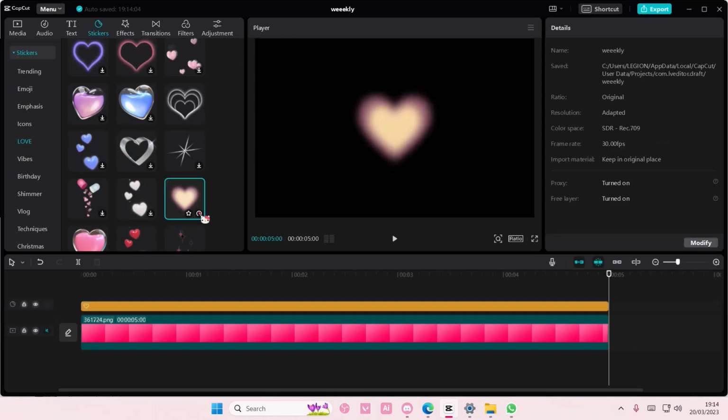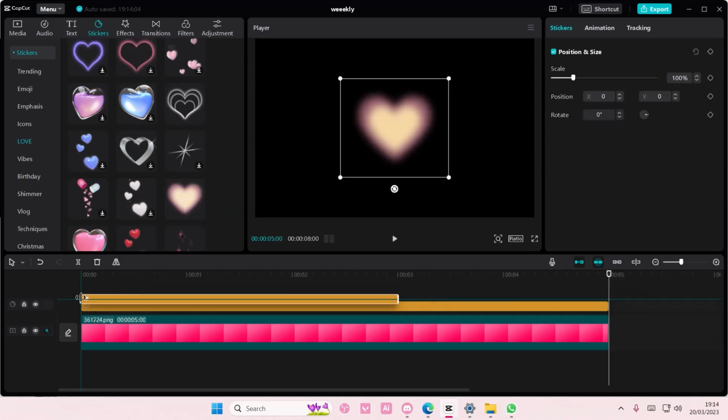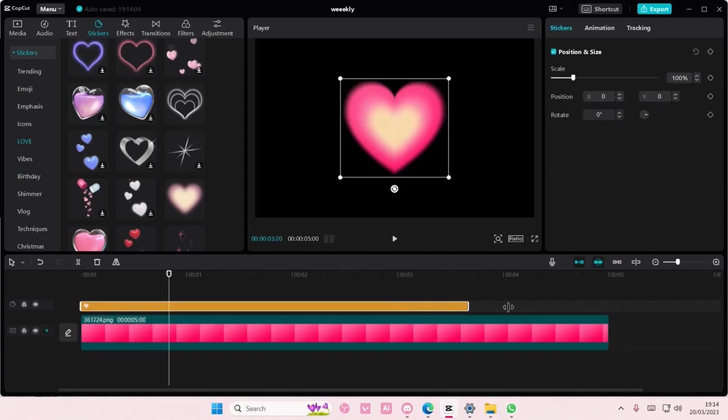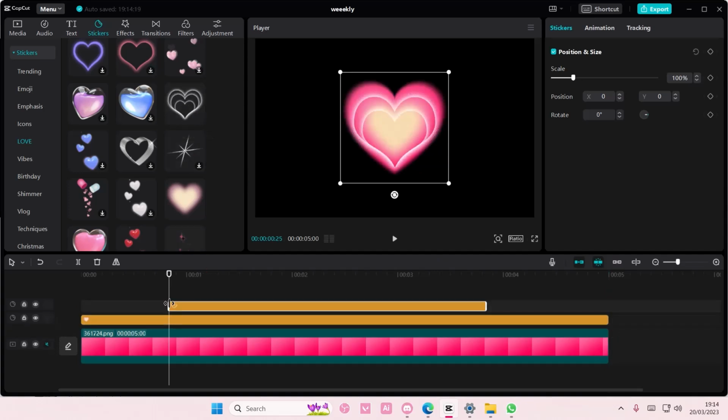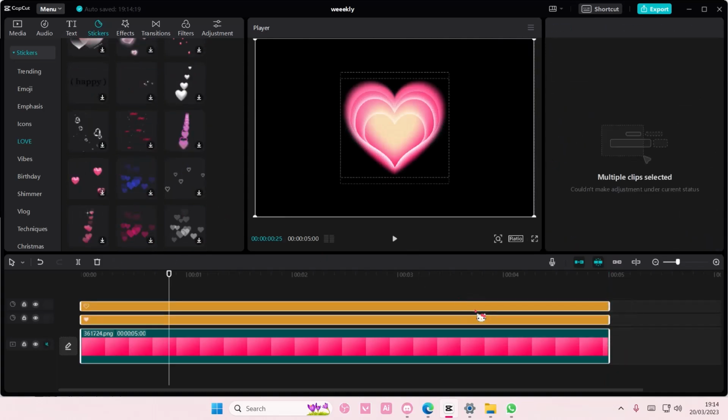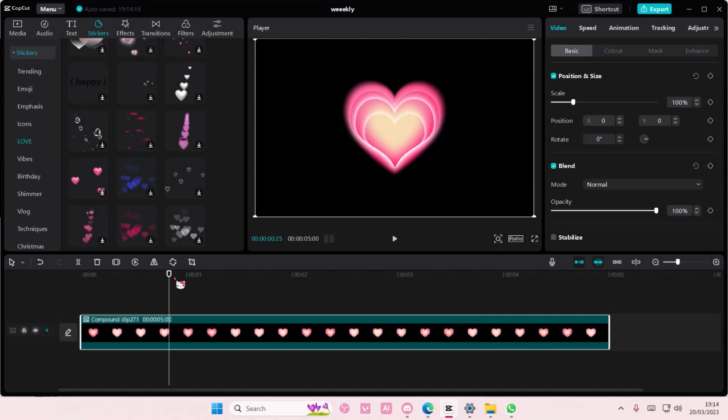Oh, maybe I like this one better, and it is a beating heart, so I can maybe follow the animation of it. If you want to add more than one, you're welcome to, like this. As you can see, you can add more than one, and I'm just going to select them all, right click, create compound clip. Now once I've done that, I'm just going to add in a keyframe here, and then I'm